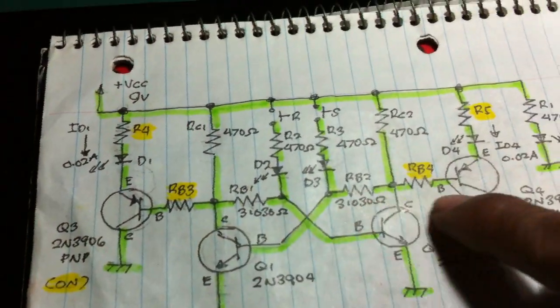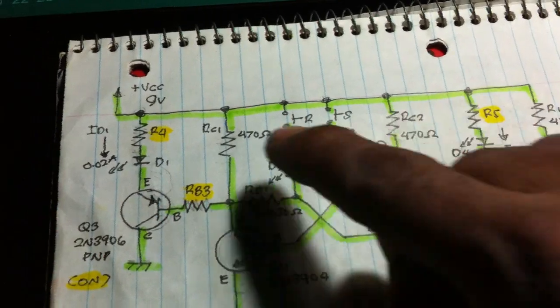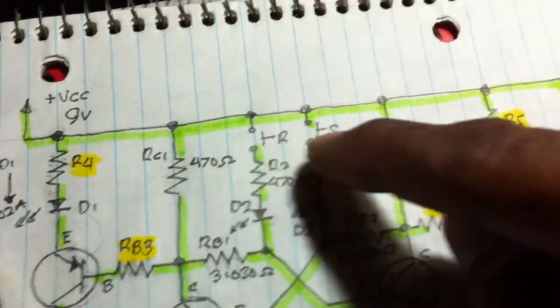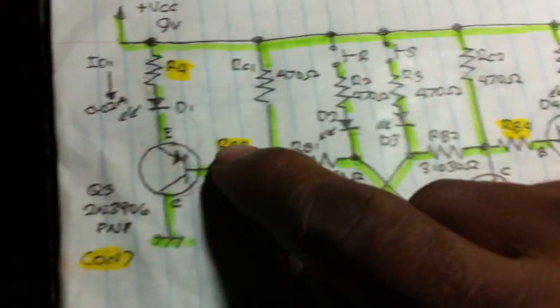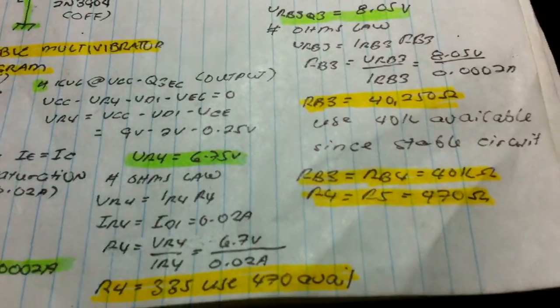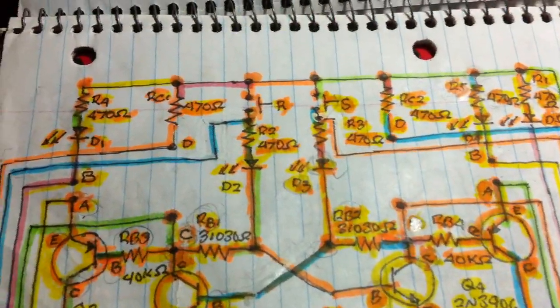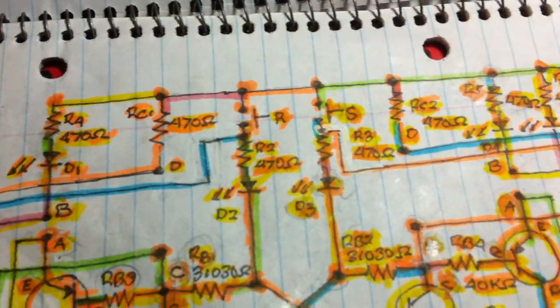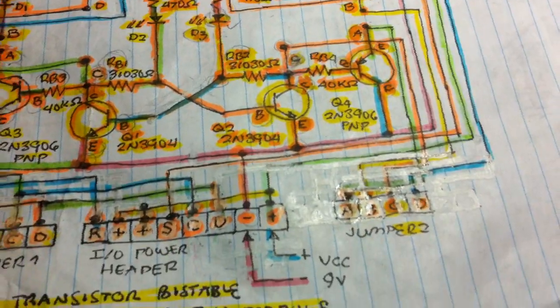Since this is symmetric, it means R4 is equal to R5, and RB3 is equal to RB4. That is the case of a symmetric circuit. So we got now here. So this is now my